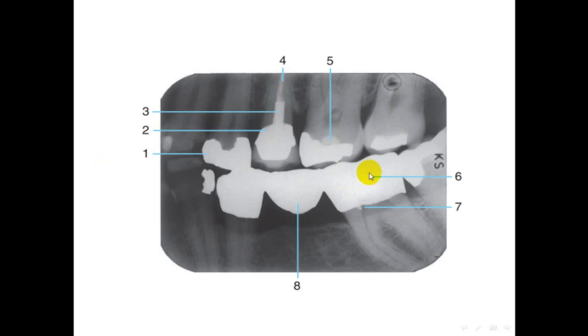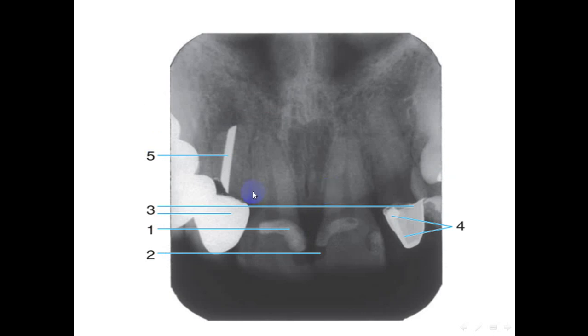Six is the full metal crown, which is the posterior abutment of the 3-unit bridge. Retention pin. This is the projection of the retention pin. And finally, the metallic pontic, which is a part of the 3-unit bridge. This bridge has 3 units, 1 pontic and 2 abutments. Sorry. Here,